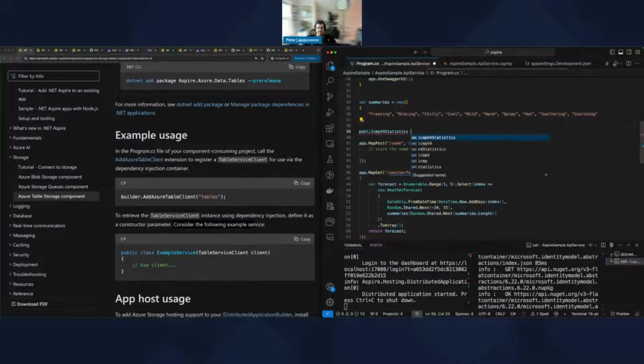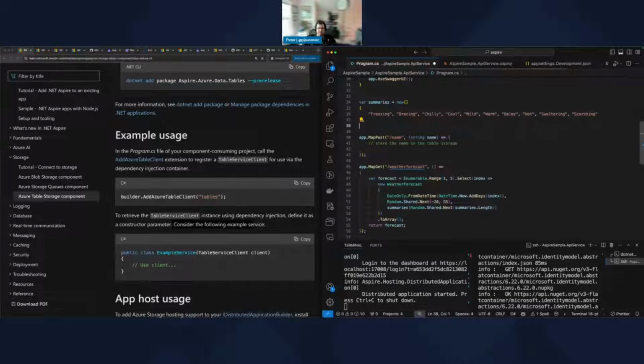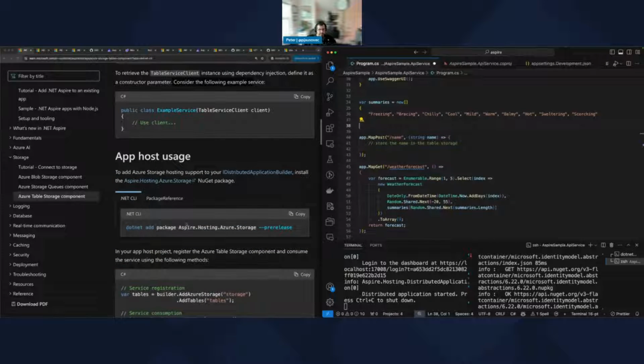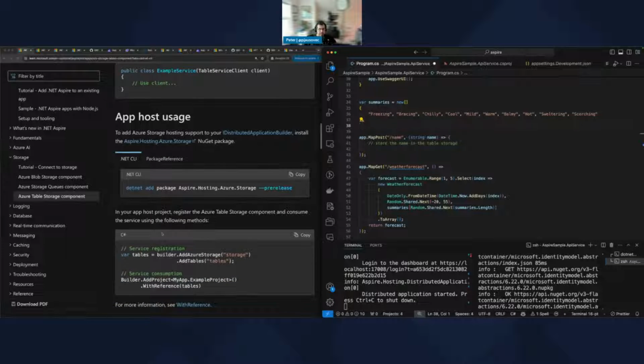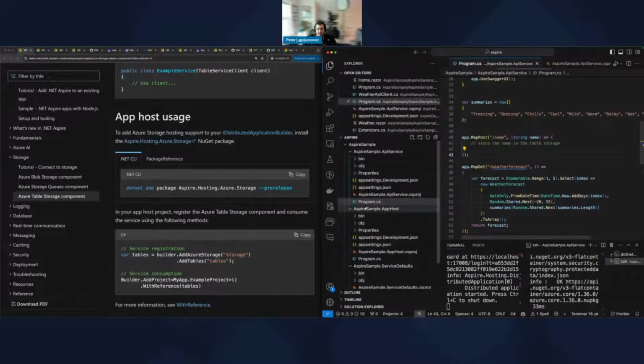Oh, I have to do it like so. I'll come back to that one, but I also have to go to the app host